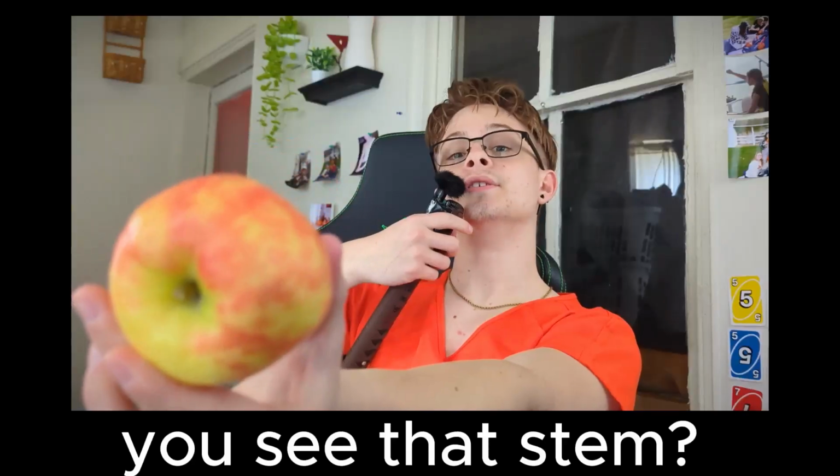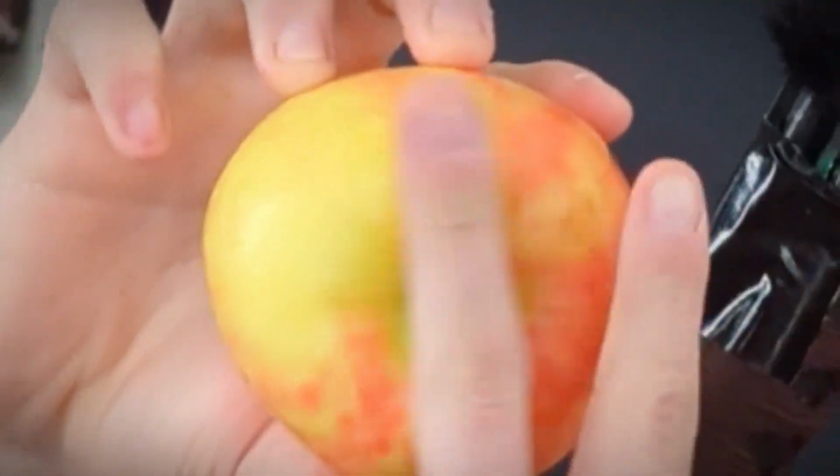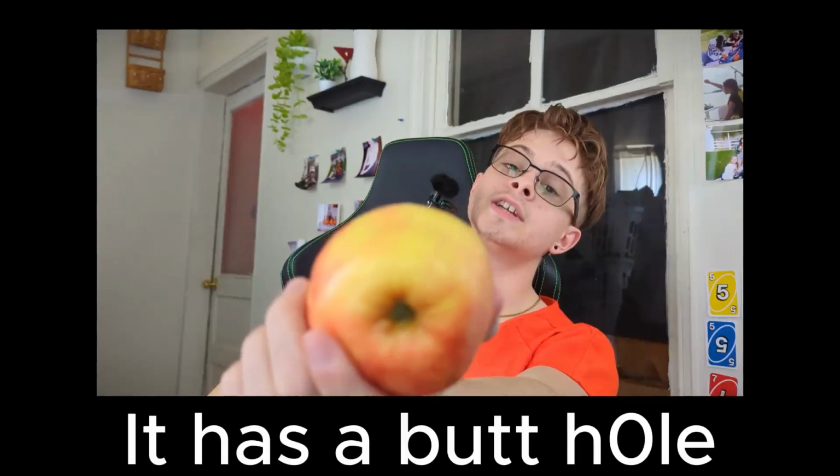If you take a look here, right? Take a look at that stem. You see that stem? It's a beautiful stem. The tree guardian cut the stem right there and made this apple perfect. And not only that, this apple, I might have to censor it for you younger viewers. It has a butthole. Not all apples have that. This butthole here